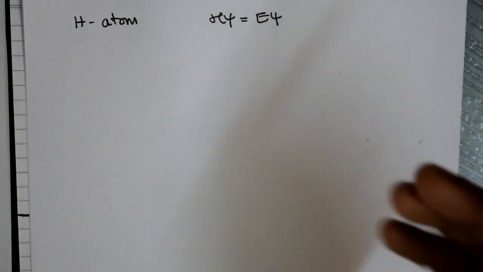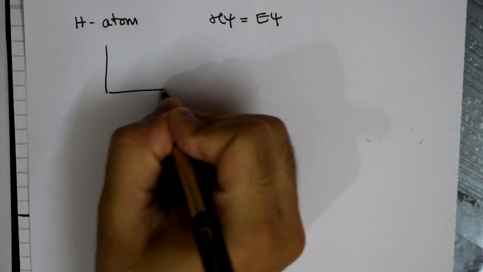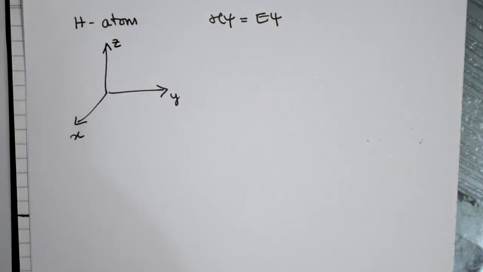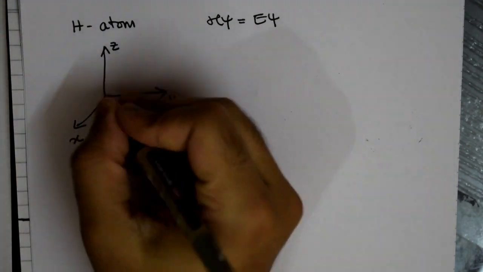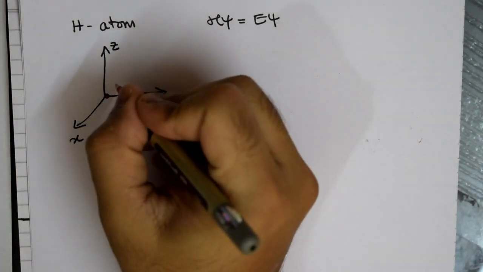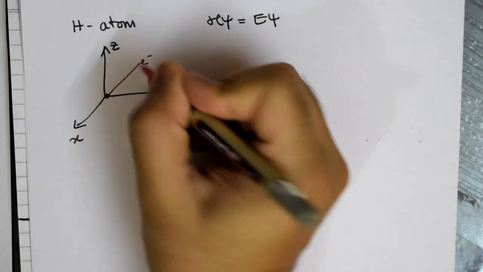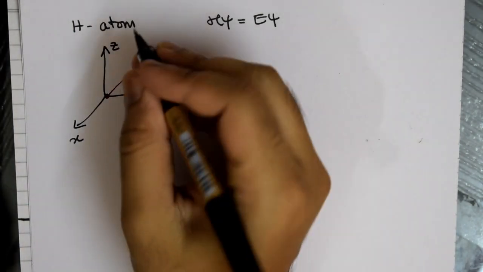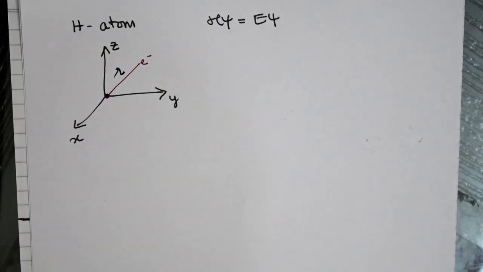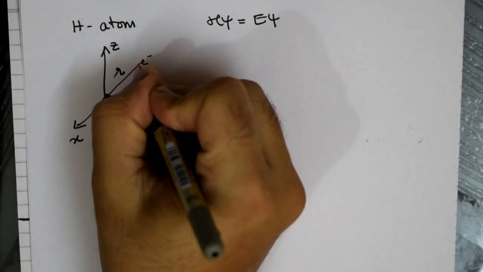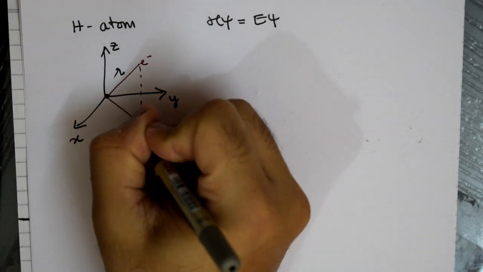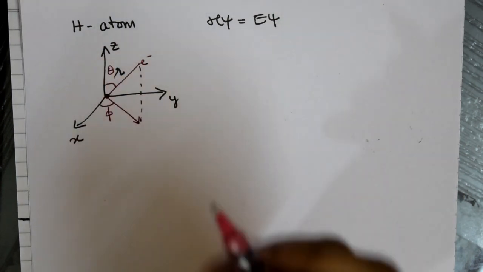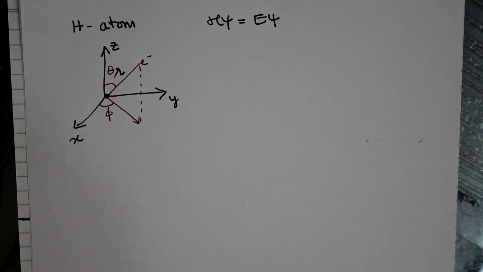How are we going to set up the hydrogen atom problem? We go back to the right-handed Cartesian space system, where we put the nucleus at the origin and the electron at a certain distance r. Unlike the rigid rotor problem where r is a constant, in this case r could vary, and of course the phase angle with respect to the x-axis will be given as phi, and the angle with respect to the z-axis is going to be theta. Okay, so now this is a two-body problem.